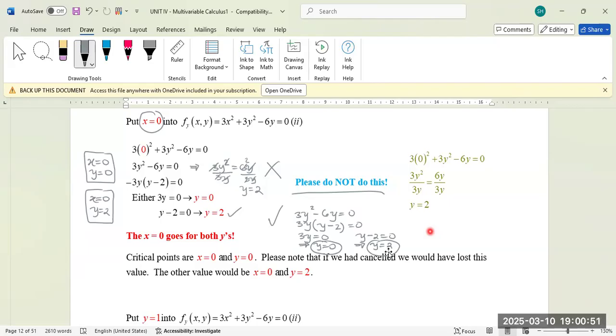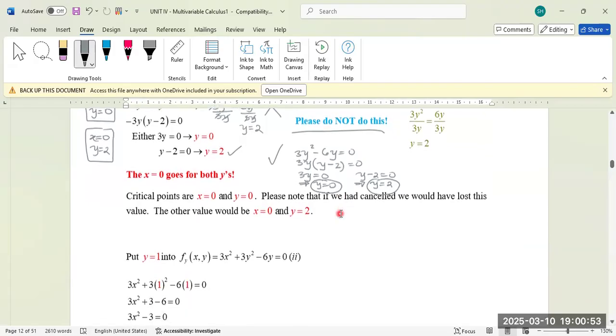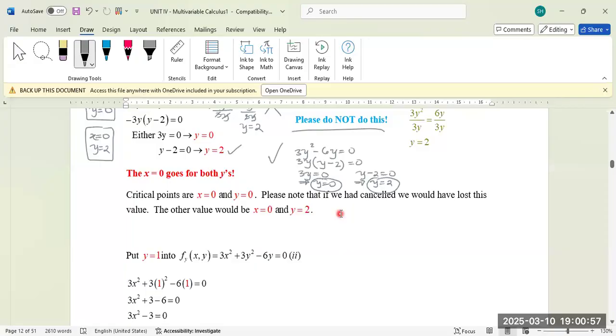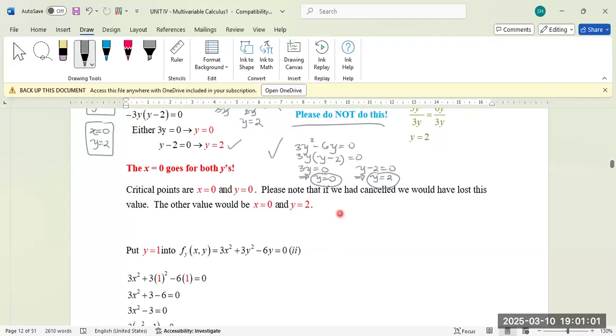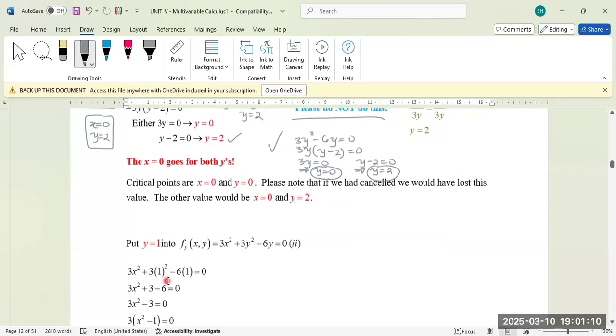In a similar manner, I know it's 7 o'clock, but I'm just showing you something quick and fast. In a similar manner, y is equal to 1. I'm substituting the value there. So anywhere in the function I see y, I'm going to put 1. When I do that,